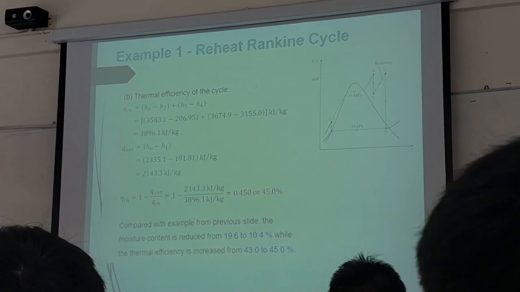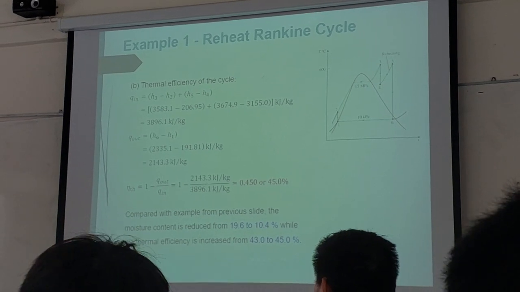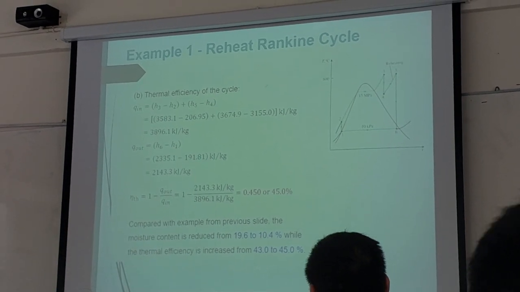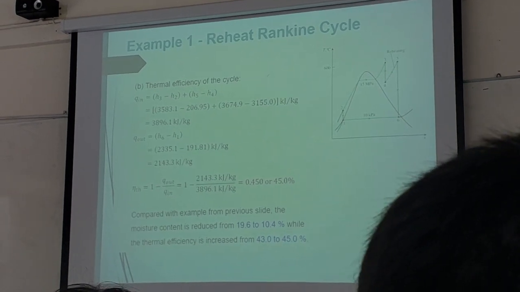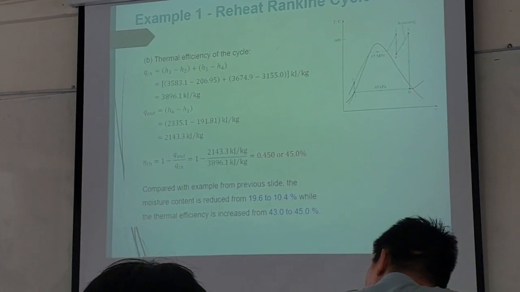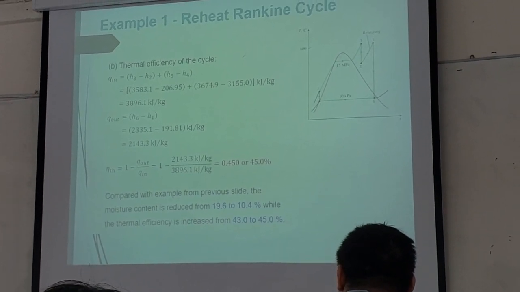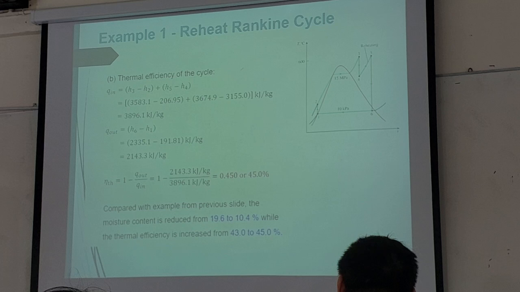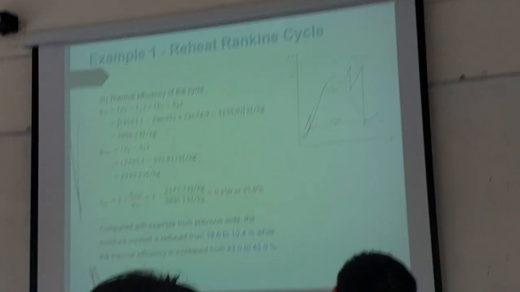And then, in order to save ourselves some trouble, we use Q out instead because Q out is only one calculation. Technically speaking, you can still use work out, but if you use work out, don't forget that you have two turbines, not just one. So it is easier to make a mistake there. Let's do it this way, but the two equations are the same. Then thermal efficiency is 1 minus Q out over Q in,